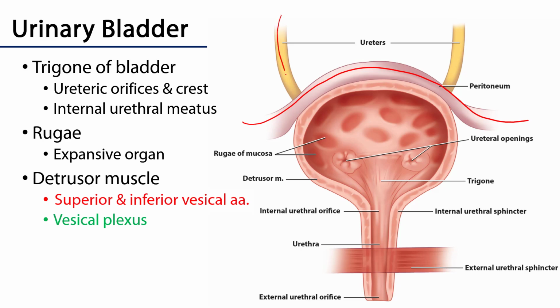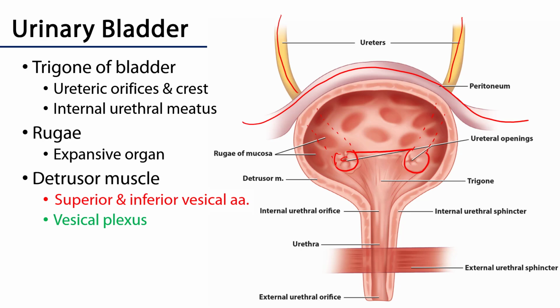The ureters are approaching from the posterior, so those are the pelvic parts of the ureters, and they're going to be conveyed through the wall of the urinary bladder, and that's the intramural part. And they enter the bladder at the ureteric orifices, or the ureteral openings. Now, between the ureteric orifices, there is this fold of tissue called the ureteric crest, and we can see the